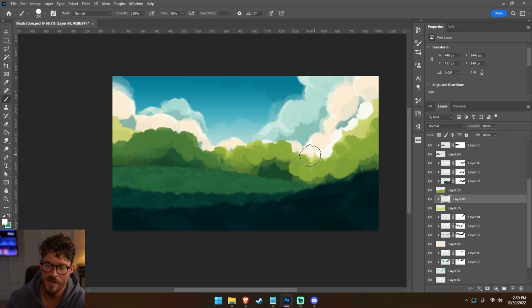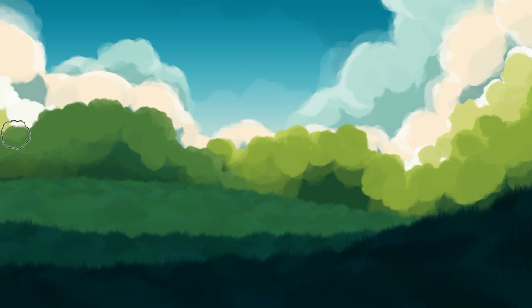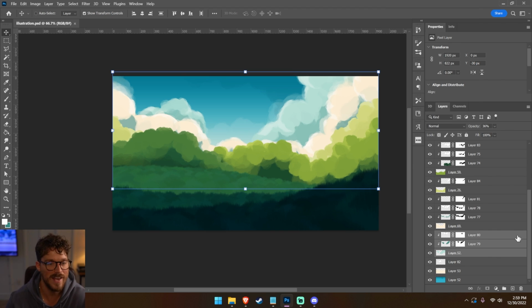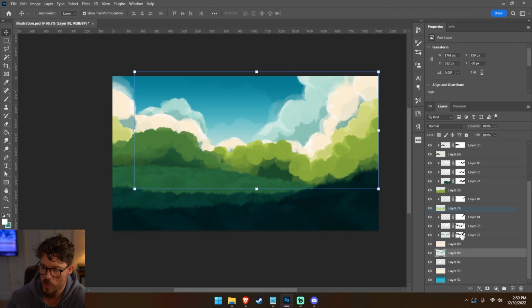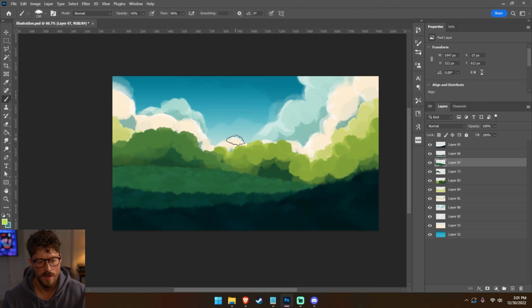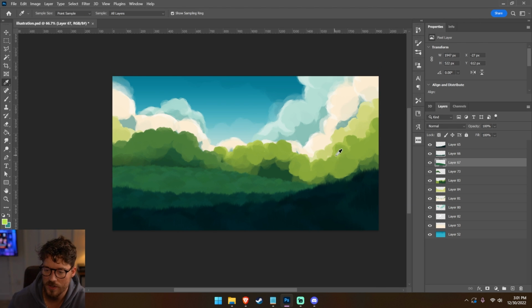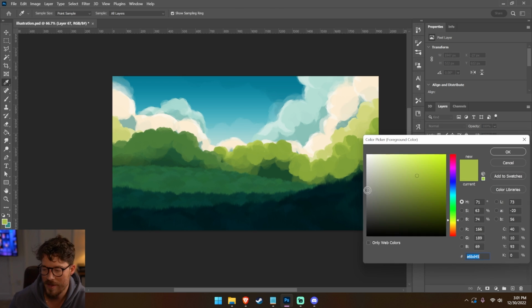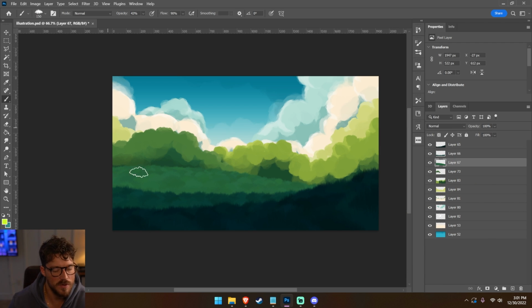I feel like this layer needs a little bit more highlights. Let's go ahead and clean up our layers. So I'm just gonna merge all of the detailing. All right, so we're gonna get this color here, and we're gonna make it a lot more vibrant, okay? And I'm gonna use my grass block-in brush here, and I'm going to start adding some highlights